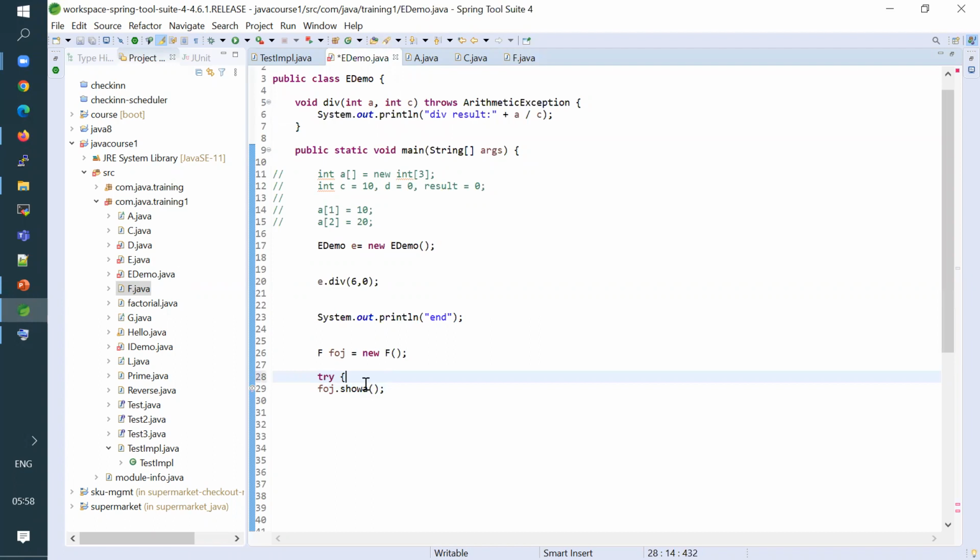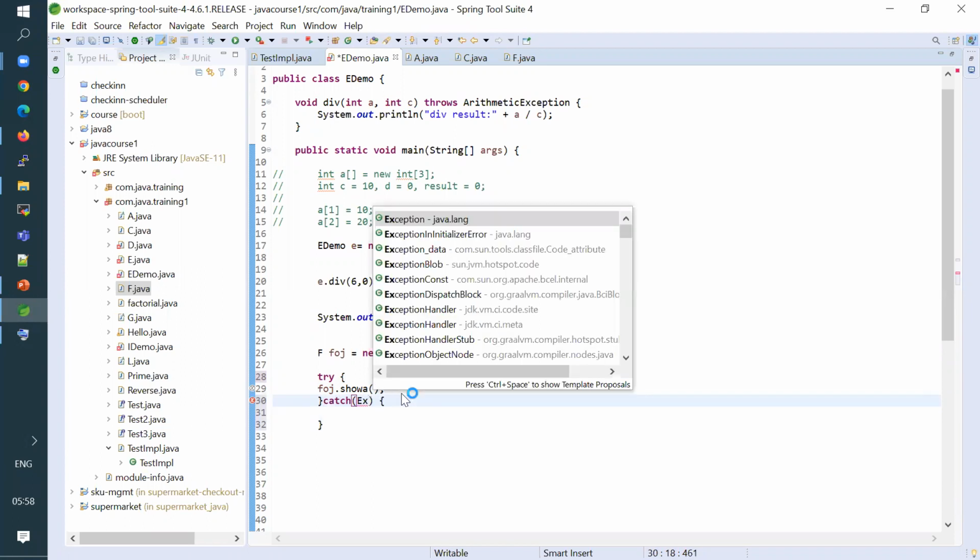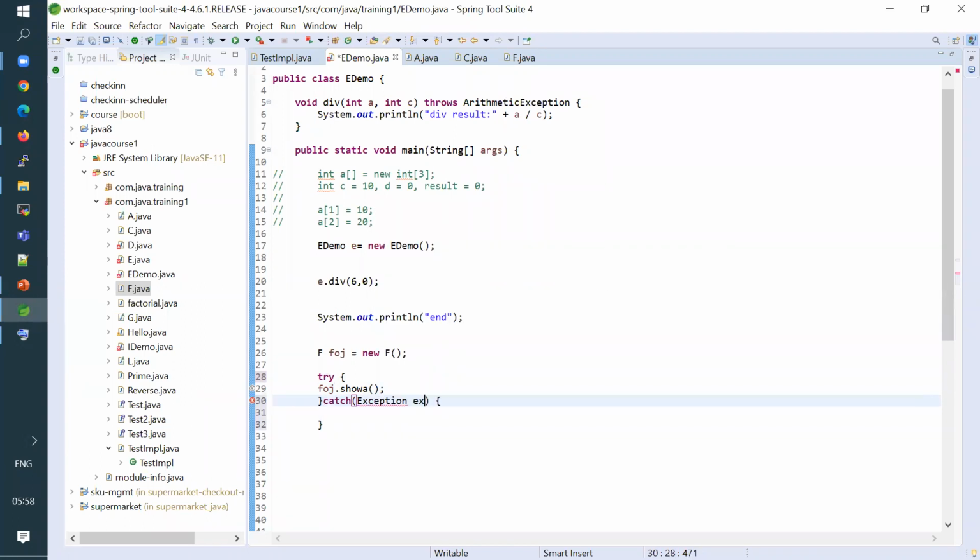So to resolve this error, if you don't put it, it will give a compilation error. To resolve this error, I'll just put this in a try catch like this. Okay, so that's what it is. So throws keyword is all about that. Whoever is calling the method can basically handle that exception for you. Now this error is gone, right?